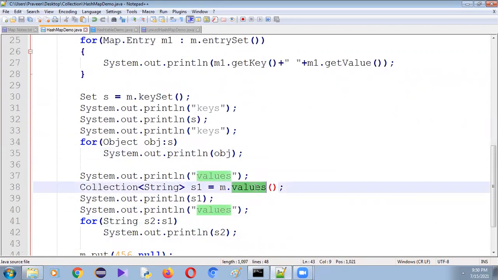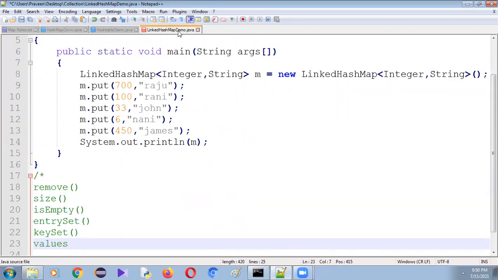Sorry, not key value, just values: keySet and values. So try to invoke these methods on the LinkedHashMap object.